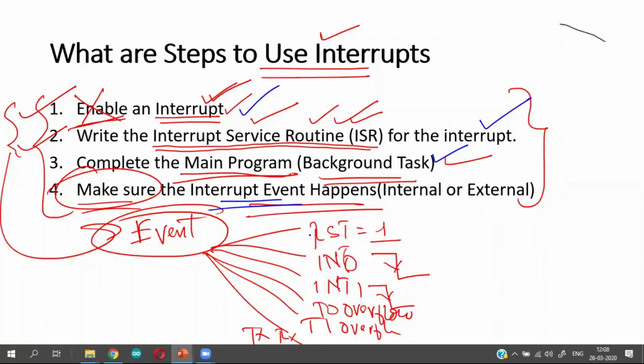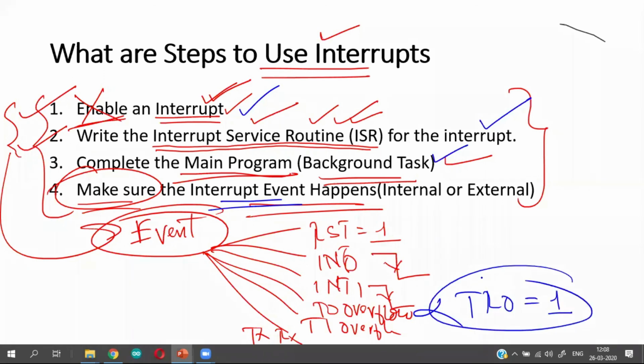You make sure that the timer never overflows. For example, you forgot to set the timer run control bit to 1. When you don't start the timer, it is never going to run. When the timer is never going to run, it is never going to overflow.